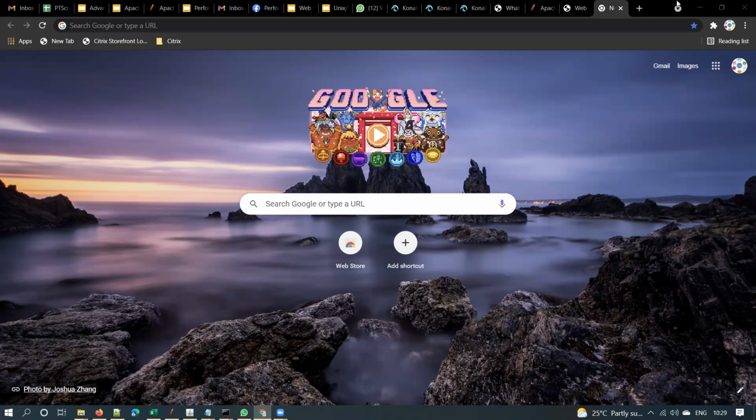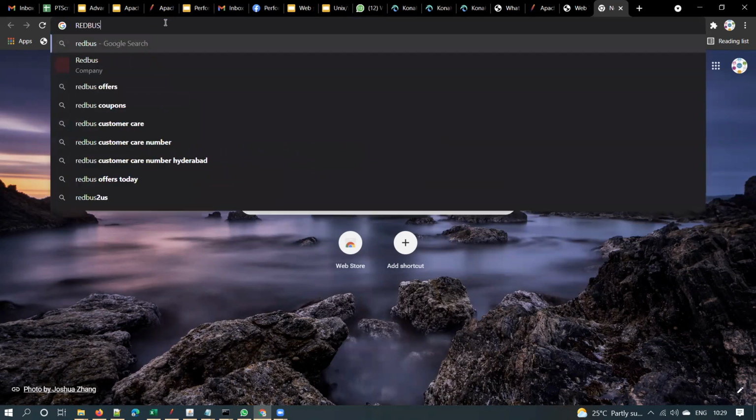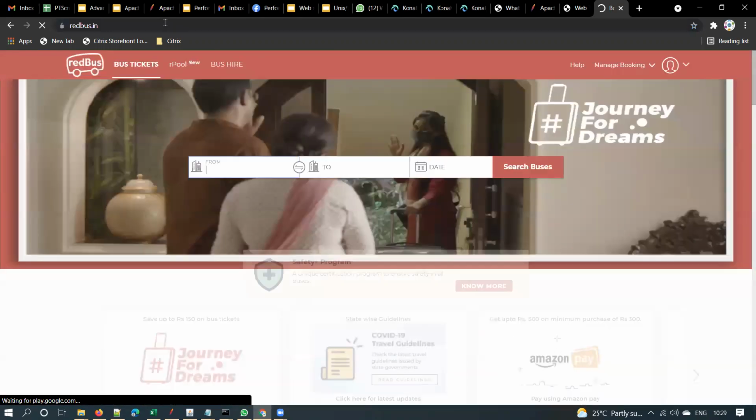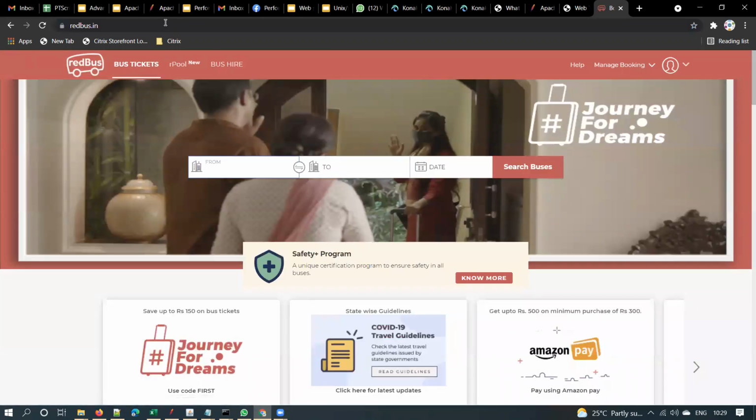Let me give one example here. Everyone uses Redbus, right? Or what else do we have? Zomato, yes. If you take this example, when you are searching for some buses,